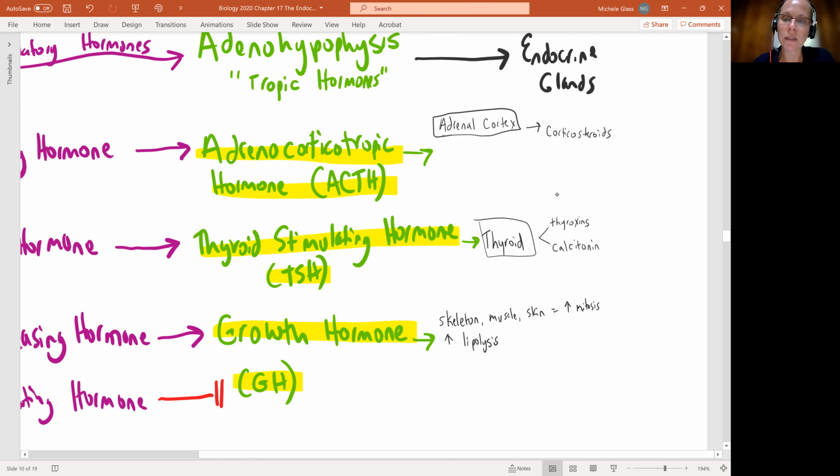And we'll also stimulate, so I'm going to keep my increased arrow there, the liver to break down glycogen and then release glucose. So again, with growth hormone, we're getting the release of both fatty acids and glucose into our bloodstream, which is going to be important if we're doing a lot of increased mitosis. With growth hormone, we'll also see that it's going to tell the liver to produce another hormone called somatomedin. And this one is going to act as a negative feedback.